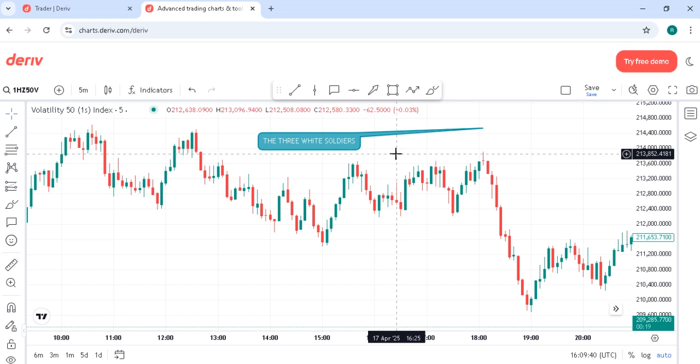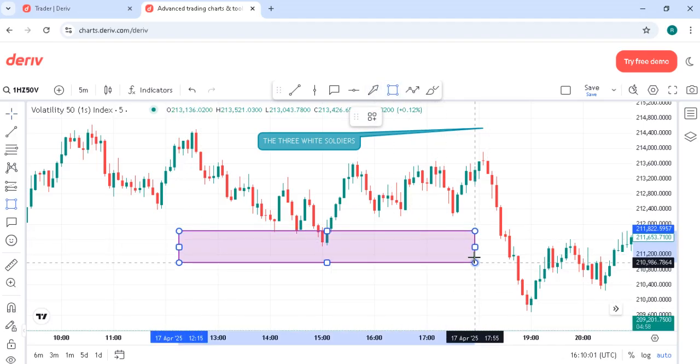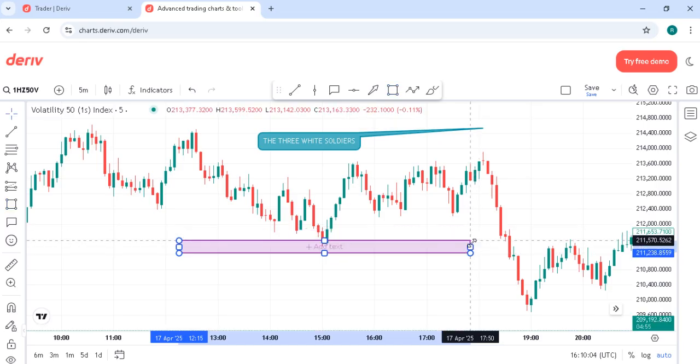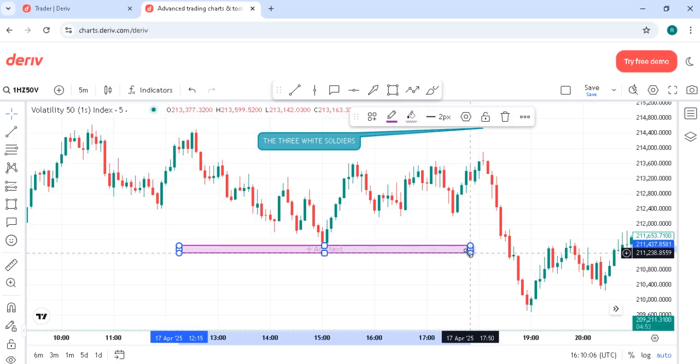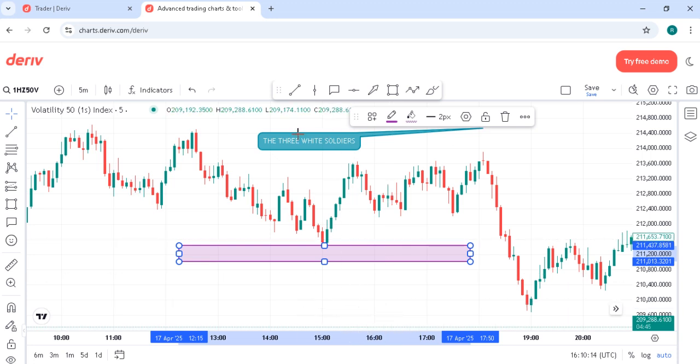So a few things to note on this is that number one, this one is a bullish strategy. Once you spot the three white soldiers pattern, then you know that the market is about to become an uptrend, which means this one works best after a downtrend. So there has to be a downtrend first, and then after that downtrend, if you see the three white soldiers, then you know that the market is about to reverse. So it is formed just like the name, it is formed using three